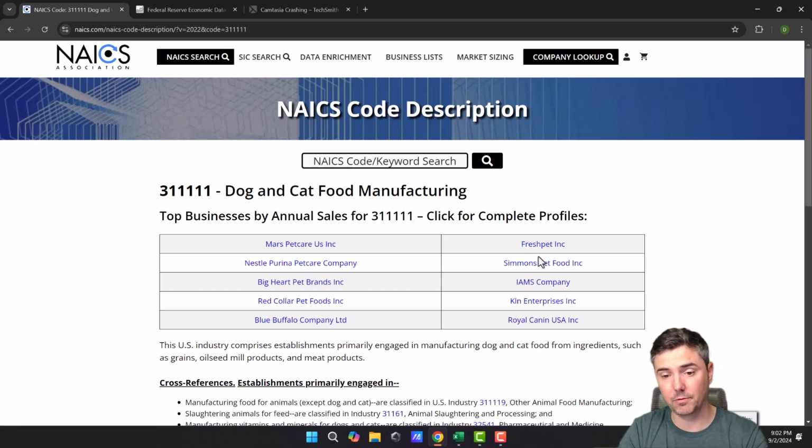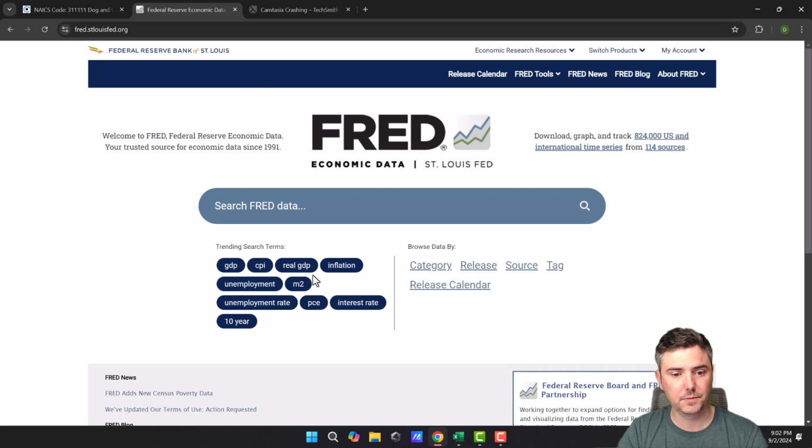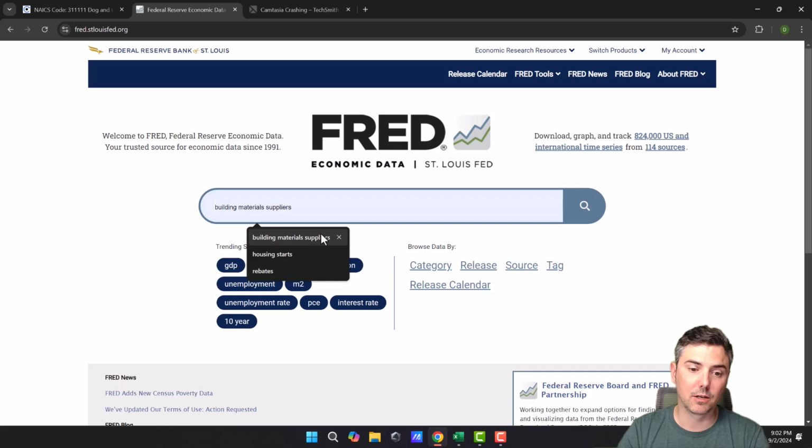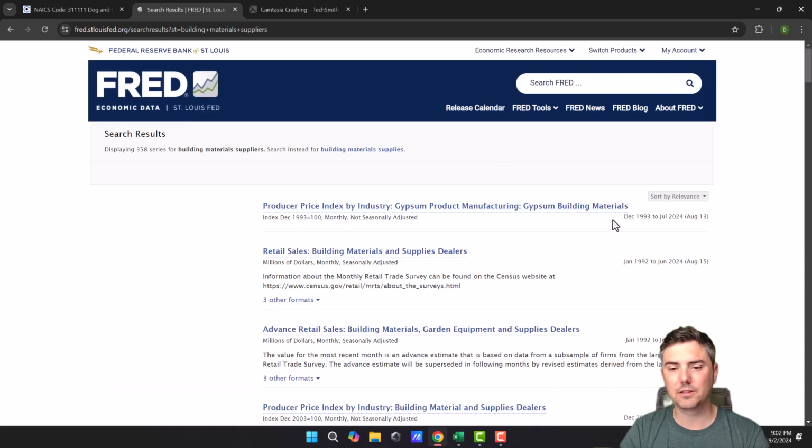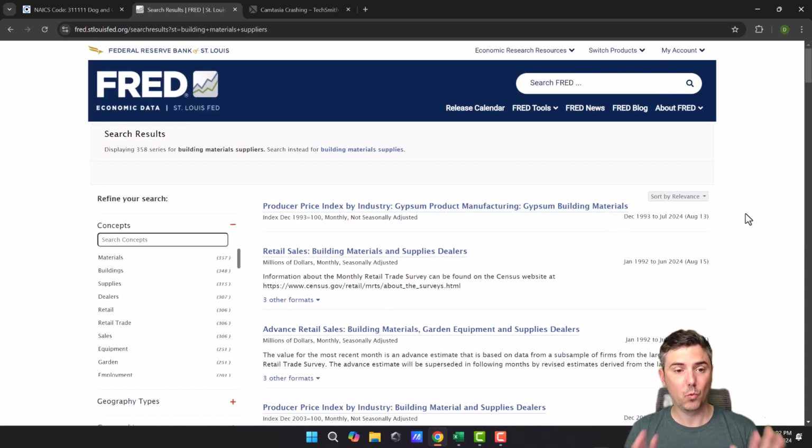So that's kind of helpful in case I'm trying to sense check, do I belong in this industry? But if I wanted to completely skip this one, I might go directly to FRED, not Fed. And for the sake of this example, what I'm doing is trying to compare building supplies dealers or wholesalers versus the producer price index. And you can see I've done this before, so when I click here, building materials suppliers comes up. As I click search, this starts to illustrate a little bit of the problem with FRED, which